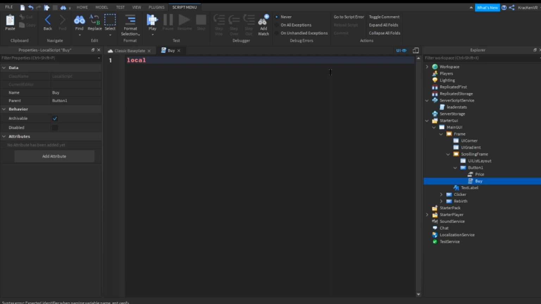So again, do a variable for the player. Local player equals to game.player is the local player. And do script.parent, which is the button. As I said, I taught you what's a parent and a children earlier. And you can do .activated connect function, and